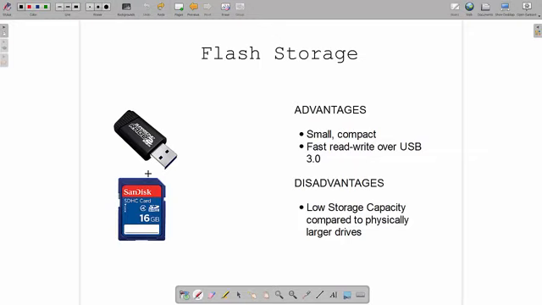So, hopefully, that's a bit of a whistle-stop tour, and it's very quick, but you don't need to know much about this topic. They are unlikely in the exam to say list advantages and list disadvantages. They might do, but what they seem to be moving towards is giving you scenarios. For example, they'll give you a scenario of some guy who wants to take his work home. He only uses pictures, a maximum of 20 megabytes. He doesn't have a big bag, and it's trying to point you towards a USB stick or an SD card. Have a look at the previous exams, see what questions they ask you, and work from